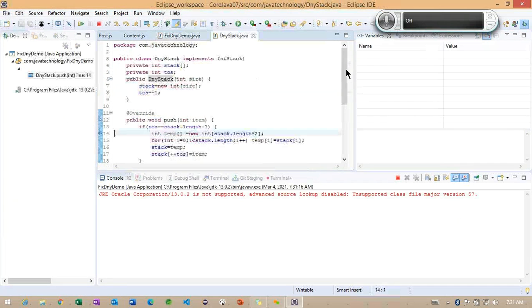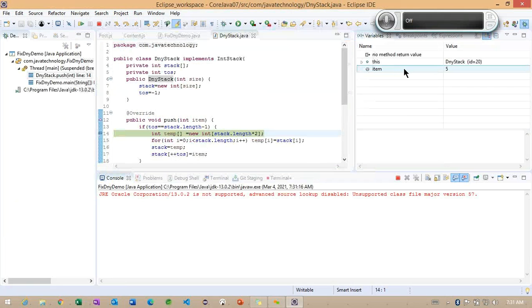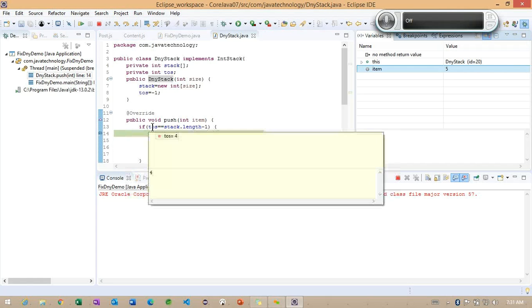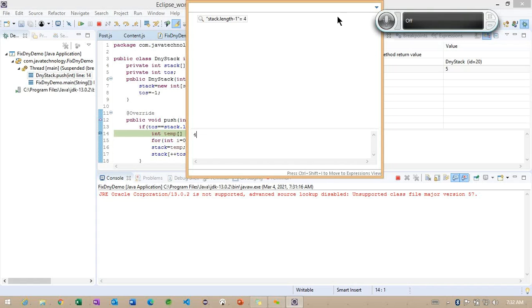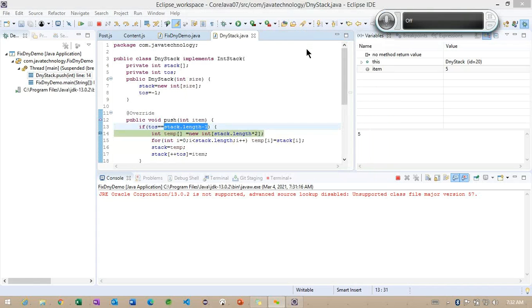So you can see this particular variable section to understand more. And the item we are getting is 5. Initially we specified the default size is 5, so 0 to 4 elements are already inserted. When we are getting here this particular top as 4, and the stack length we are getting 5. The stack length we are getting 5, and if we are doing -1, how many values are we going to get, what is the length of this particular stack? Now observe here, this condition also is returning 4.